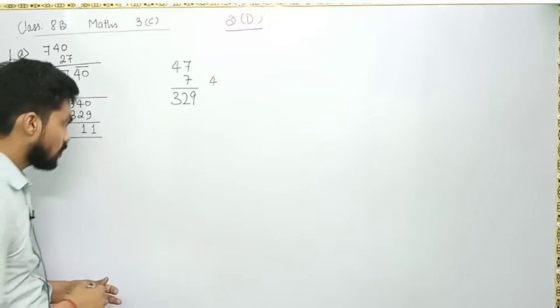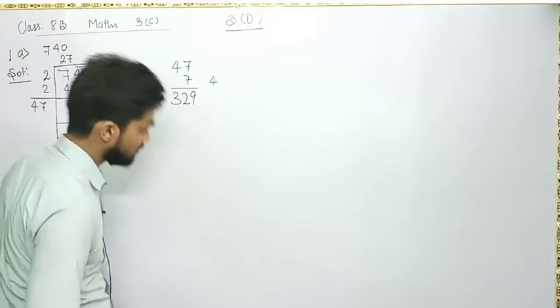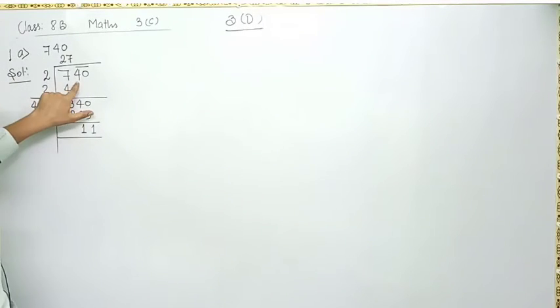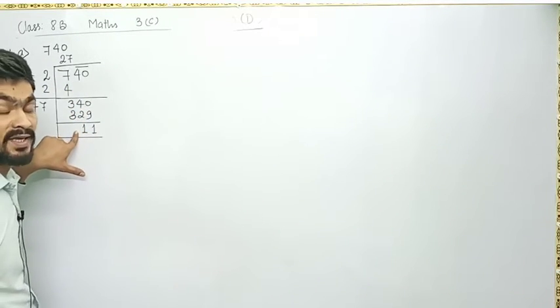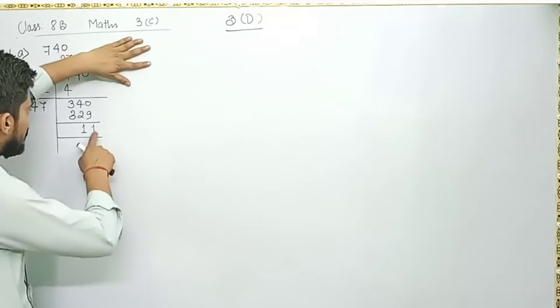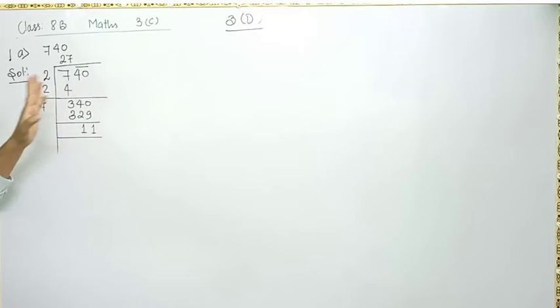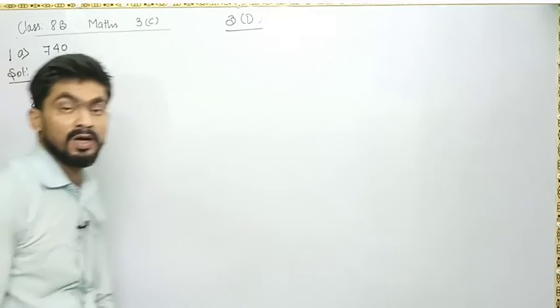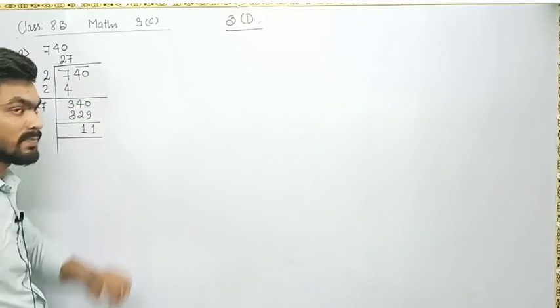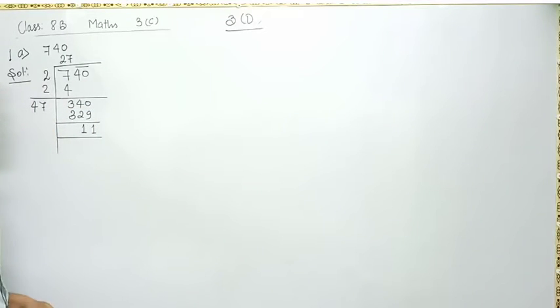11. So you tell me one answer: if 740 were lesser by 11, would we have a perfect square? The answer will be yes. Because of this 11, it is not a perfect square. So you will write,